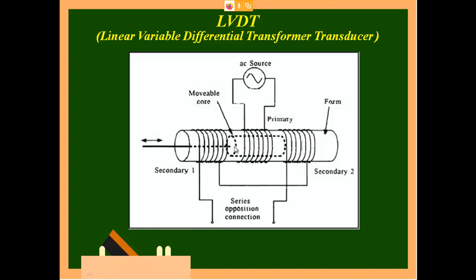Now you imagine this core, I have connected a rod. This rod is going to detect my sensor. So when a door is opening or closing, you can identify with the help of placing an LVDT in the door. If someone tries to open the door, this will move in the inward direction, and you can identify that. Again when the door is closing, it will move back to the original condition. We can see whether it is totally closed or there is any gap. So there are so many applications for LVDT.